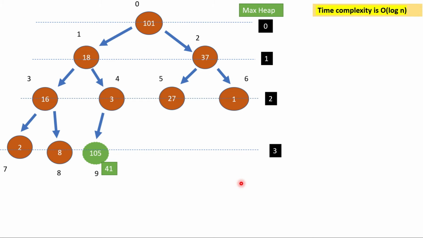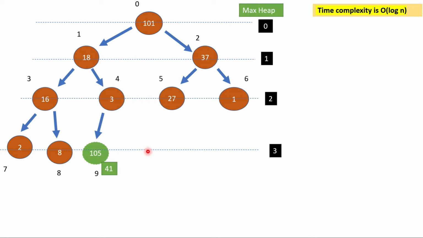Now we will talk about the time complexity. In the previous section we talked about the time complexity for inserting an element in a heap, which is O(log n). And here in DS algo the log means base 2 actually. So the time complexity is O(log n) base 2. So why is it O(log n)?